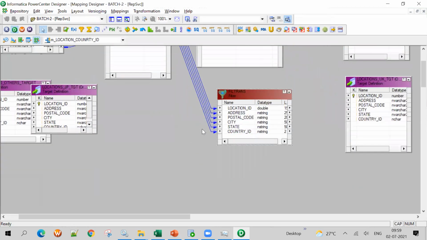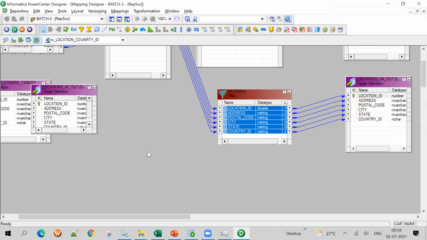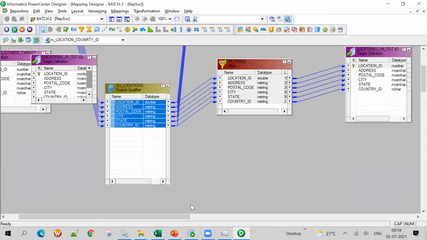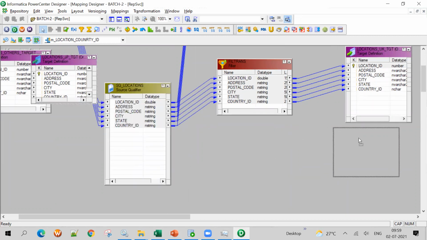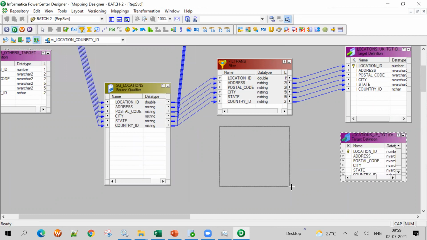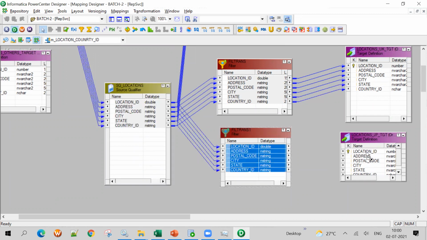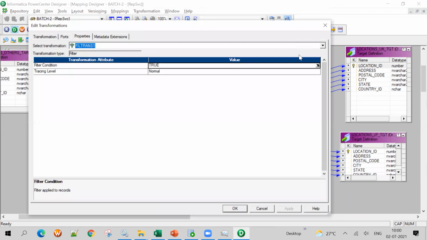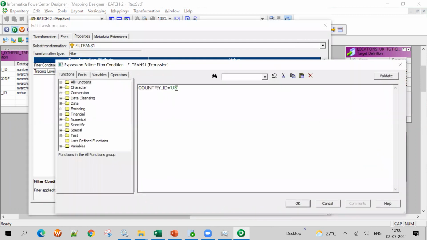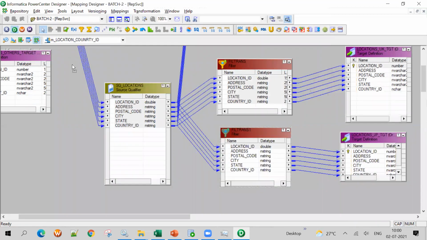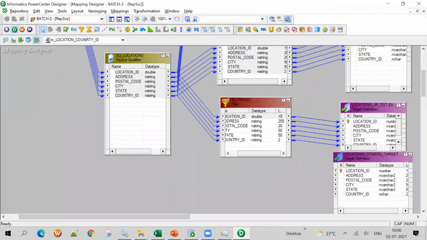Next, one more. Drag from here to here. This is done. Next, you drag like this down. Next is JP. JP means I want one more filter condition. So what should you do? Like this, and from here to here, then JP. Properties. It is JP. JP is done. Now others.